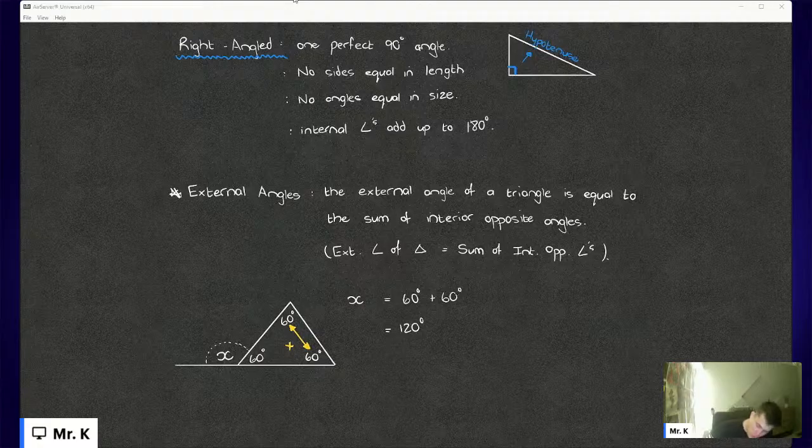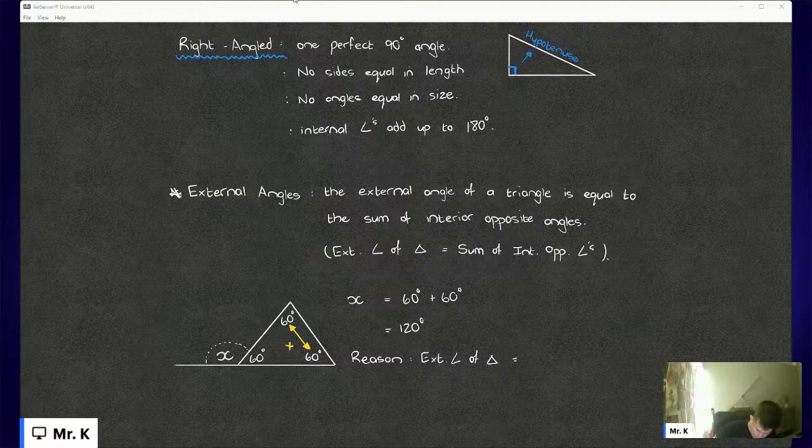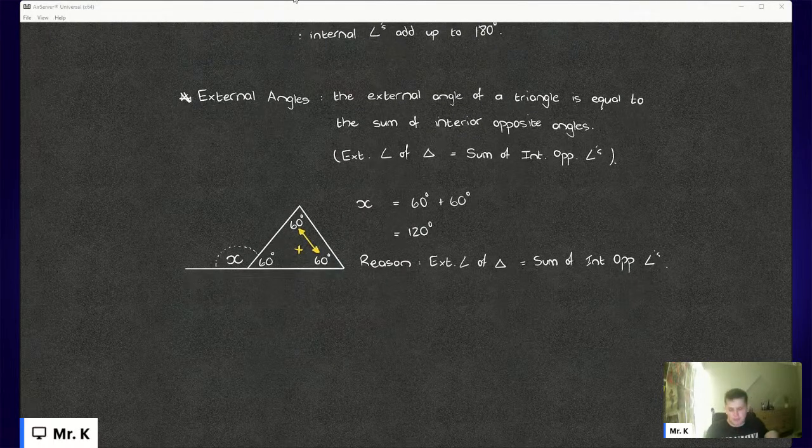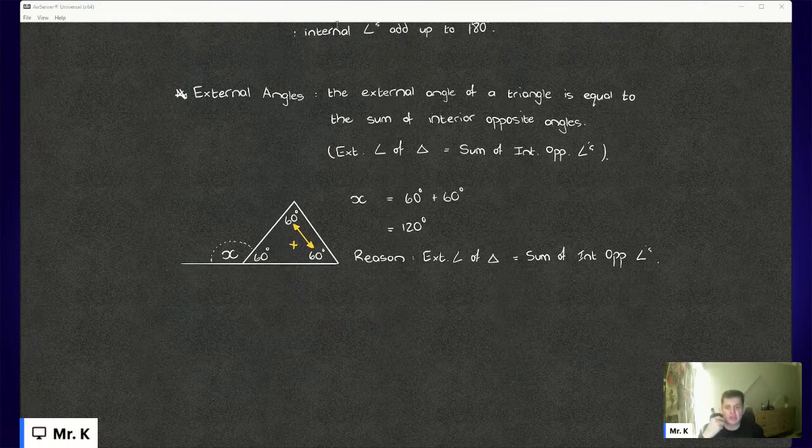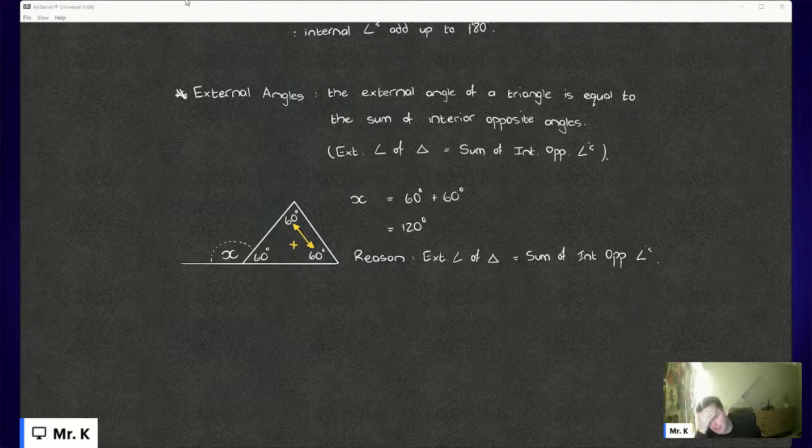And again, the reason that you would use this is that the external angle of a triangle is equal to the sum of the interior opposite angles. Right. So please keep that in mind when it comes to working with triangles. That is a very important piece of information to keep